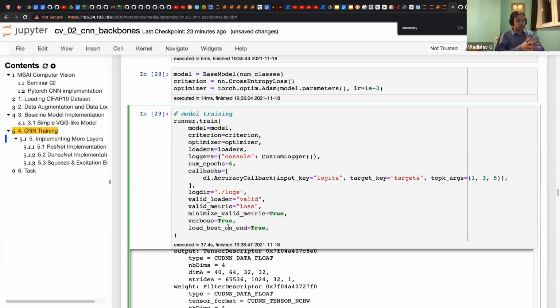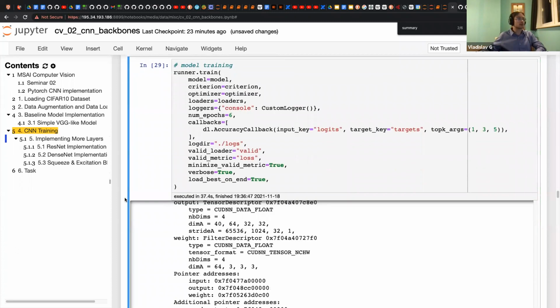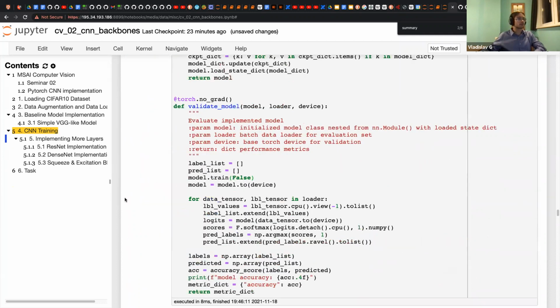So, for example, you think that 20 epochs will be enough, and you put this number bigger than you require to get a not-overfitted model. If your framework, like Catalyst, chooses the minimal validation loss in our case, or any metric, it takes it for us and stores it in this file here.